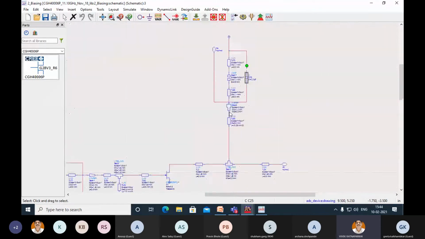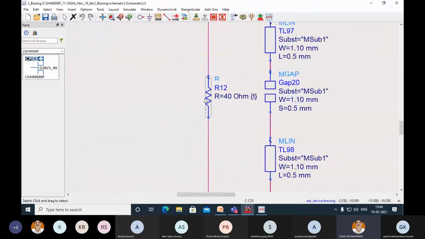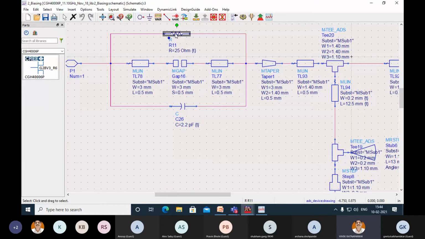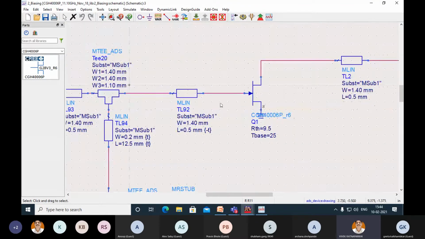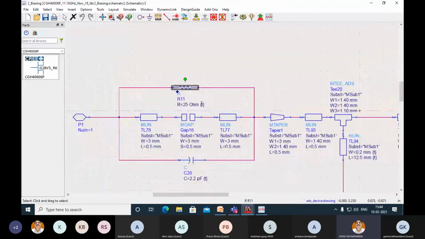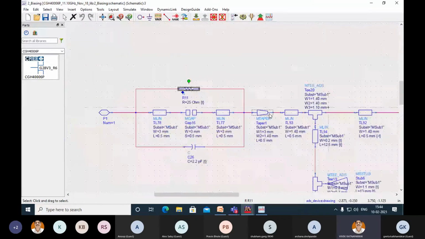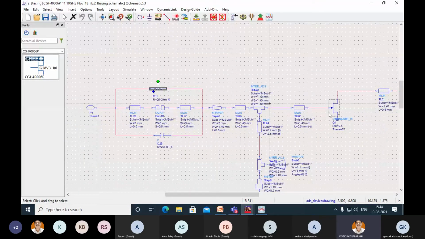The series resistor which I have used in the gate bias T is for the purpose of stabilizing my transistor. And in another network, which is called the stability network, again I have used one resistor, which is 25 ohm. Anup, I was telling you about how you can stabilize your transistor. The first and foremost thing is that you can insert a resistor in series with the gate. So the same thing I have followed. I have used the resistor in series with the gate, which has greatly helped me to improve the stability of this particular transistor.